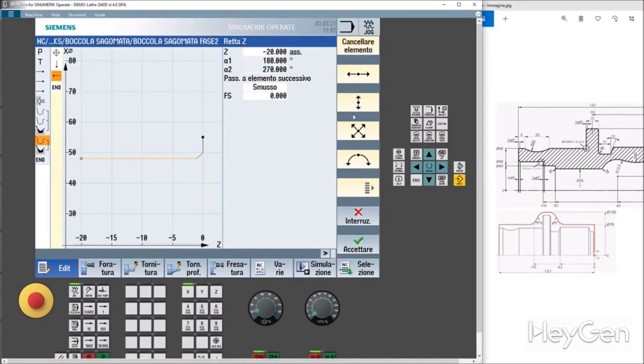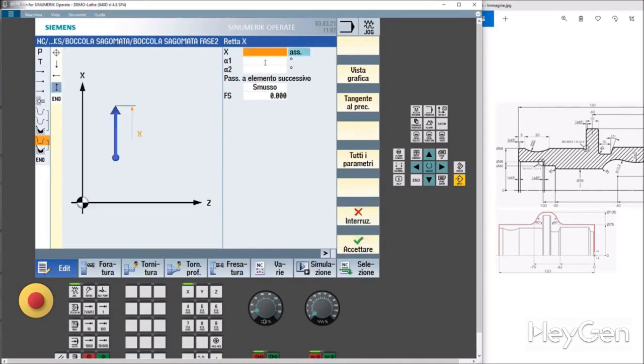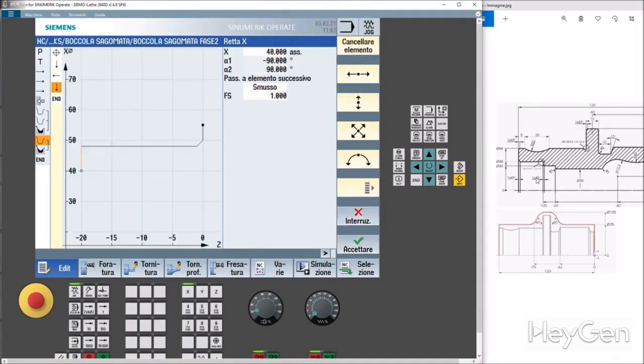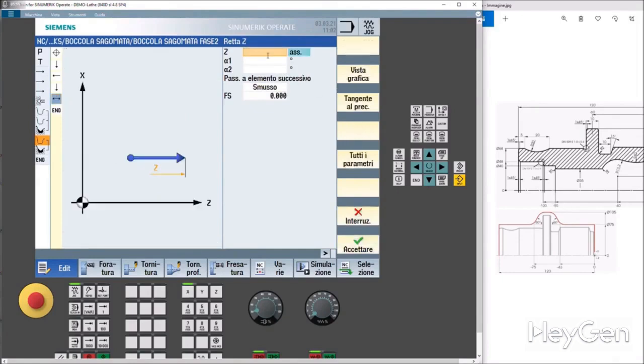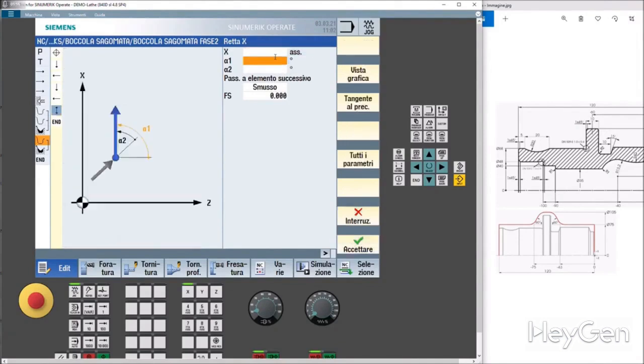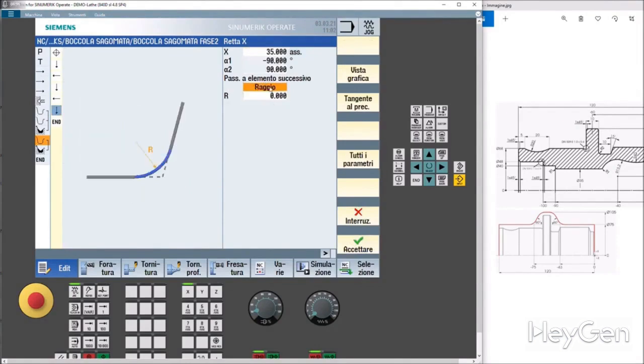Now we lower ourselves to X40. Here too we ignored the unload. Final chamfer 1. Accept. Z, minus 30. Another 10 millimeters. Z, minus 30, or minus 10 in increments. We accept and lower ourselves to X30, with a radius of 1 millimeter.